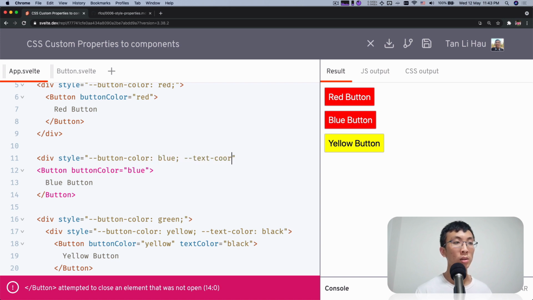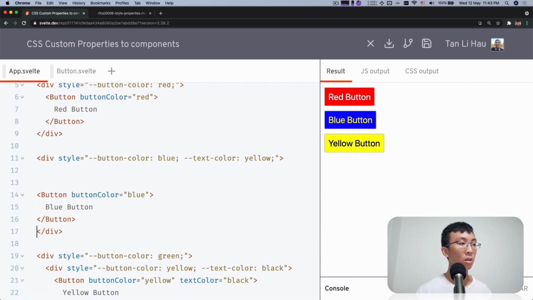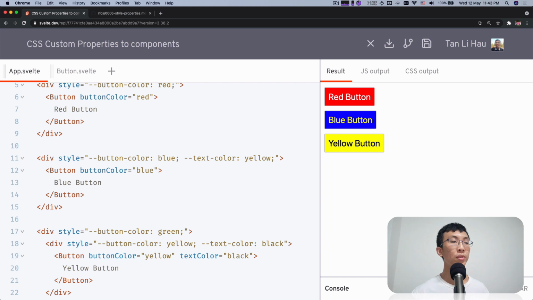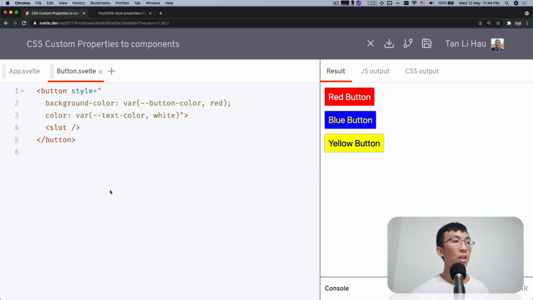and text color yellow, right? So some people will prefer using CSS to style, like everything relates to style, use CSS. Some people may have that preference, and this is one of the ways that you can use. This is purely CSS. Got nothing to do with Svelte at all. It's just about you can pass CSS custom properties from the outside, and then you can affect styles inside of